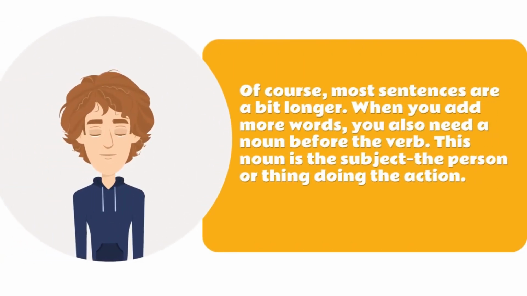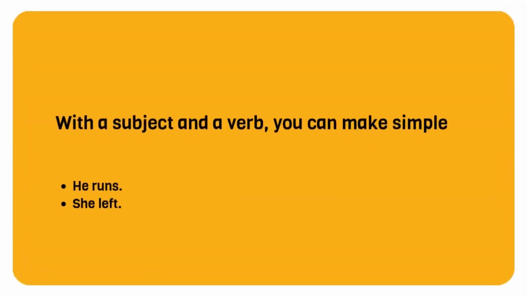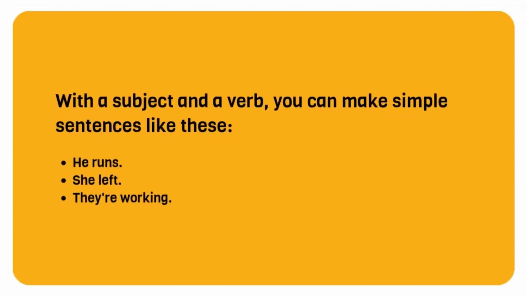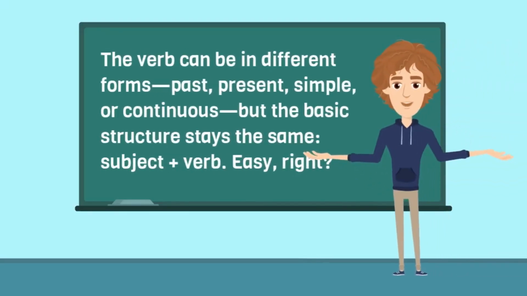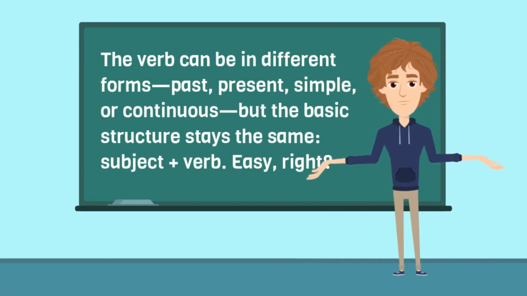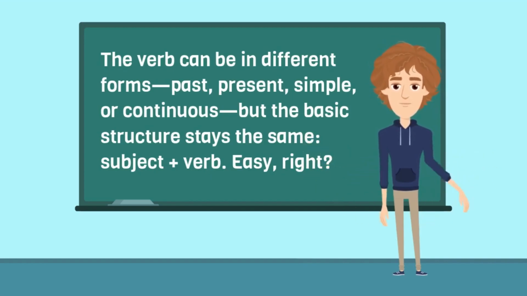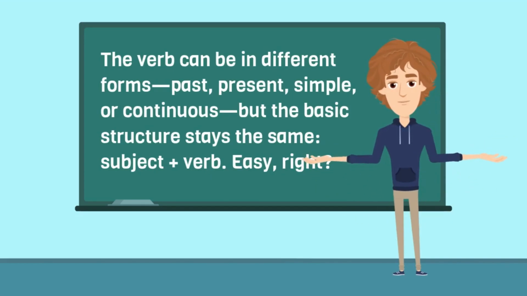From simple to still simple. Of course, most sentences are a bit longer. When you add more words, you also need a noun before the verb. This noun is the subject, the person or thing doing the action. With a subject and a verb, you can make simple sentences like these. He runs. She left. They're working. The verb can be in different forms, past, present, simple, or continuous, but the basic structure stays the same, subject